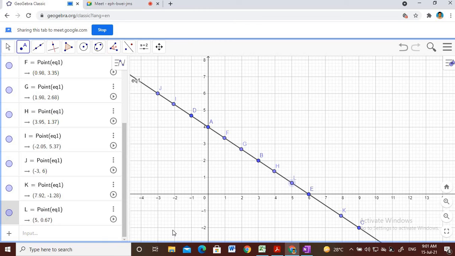Simply, a line means a collection of points, students. If you join points like this, you get a line. And you see, a point means a solution of the equation. That is why an equation represents a line, a straight line. So maximum students generally have this doubt: how does this linear equation represent a line in the Cartesian plane?